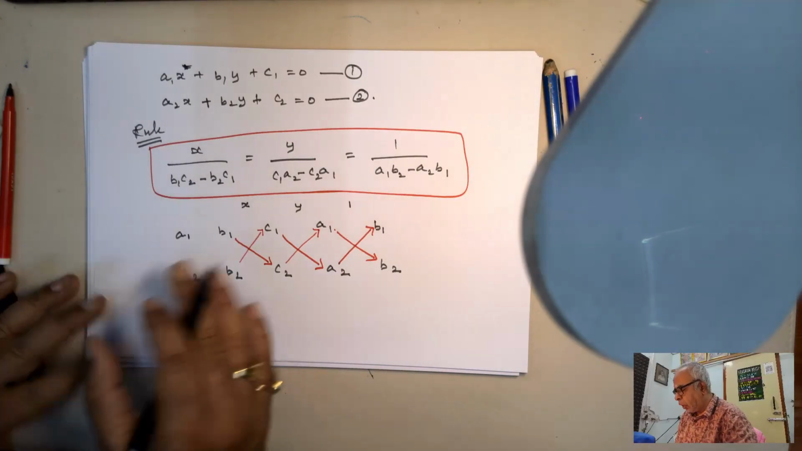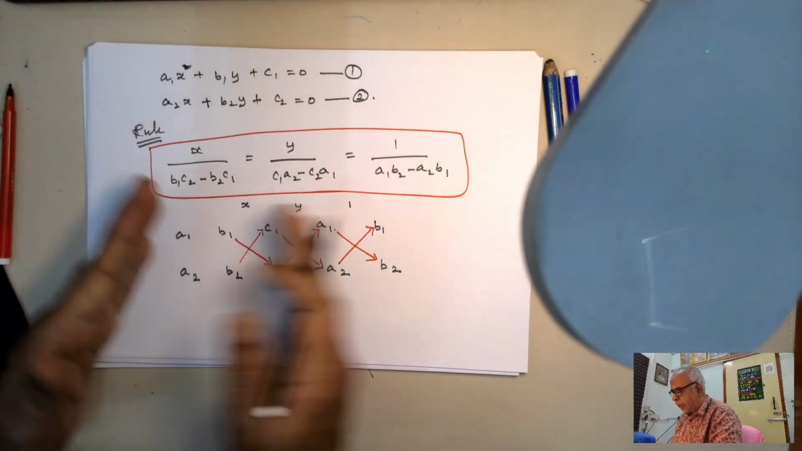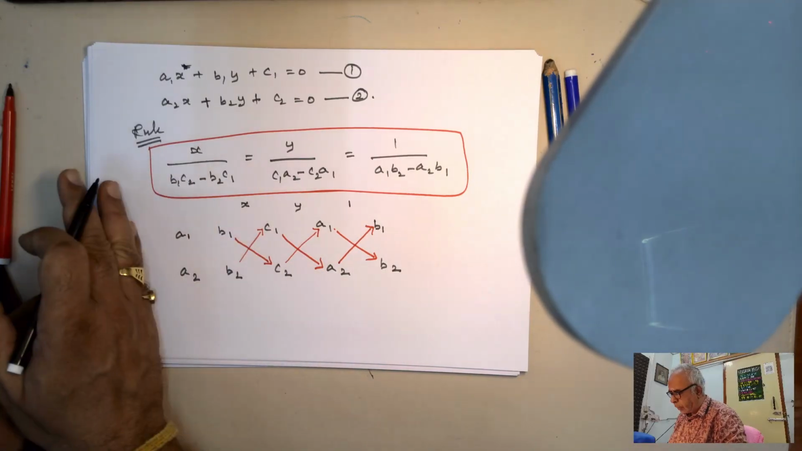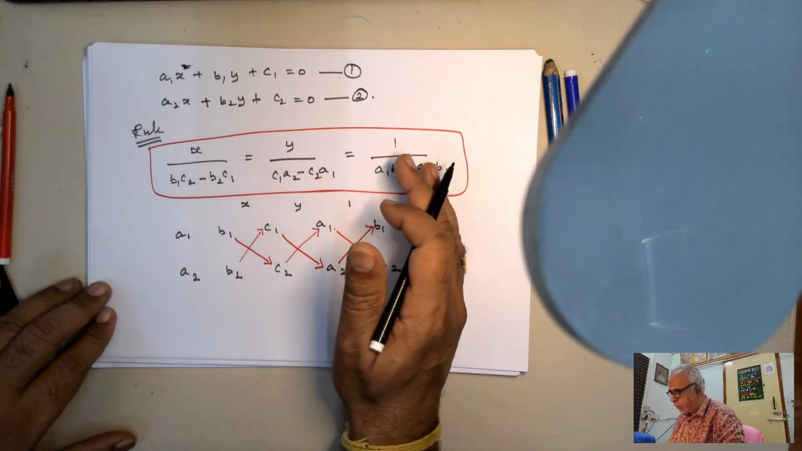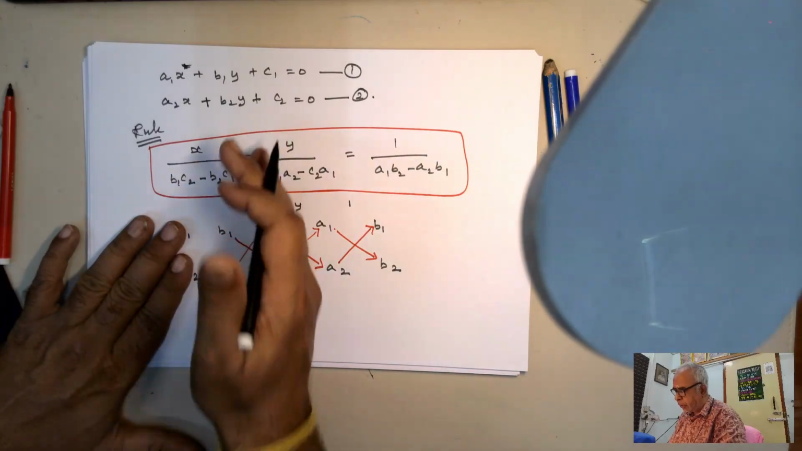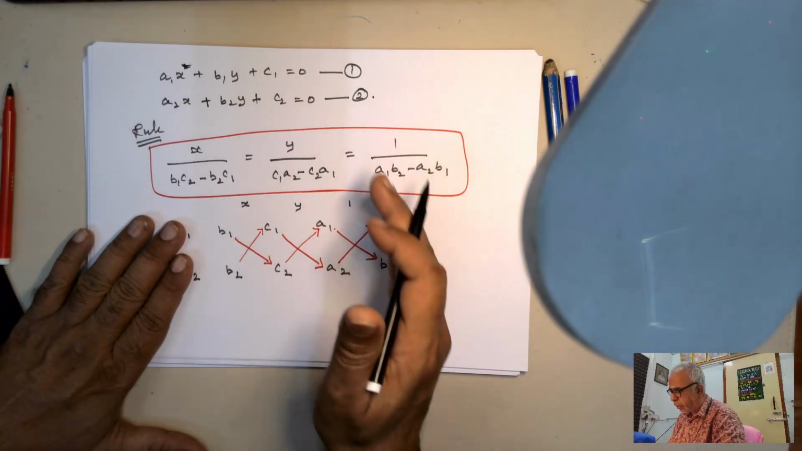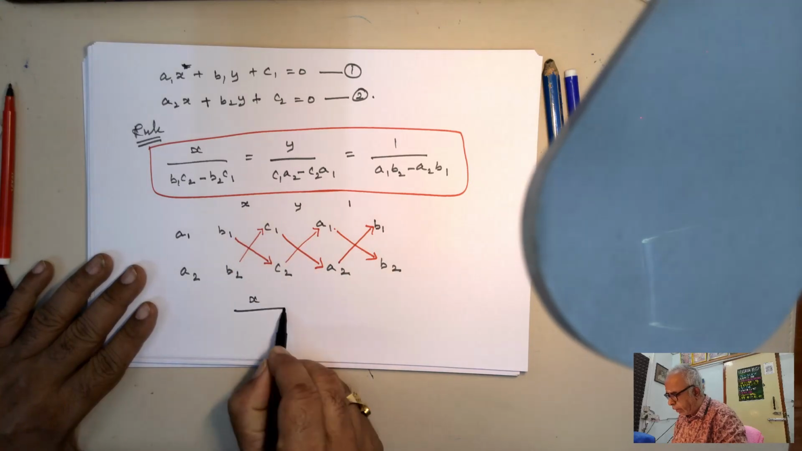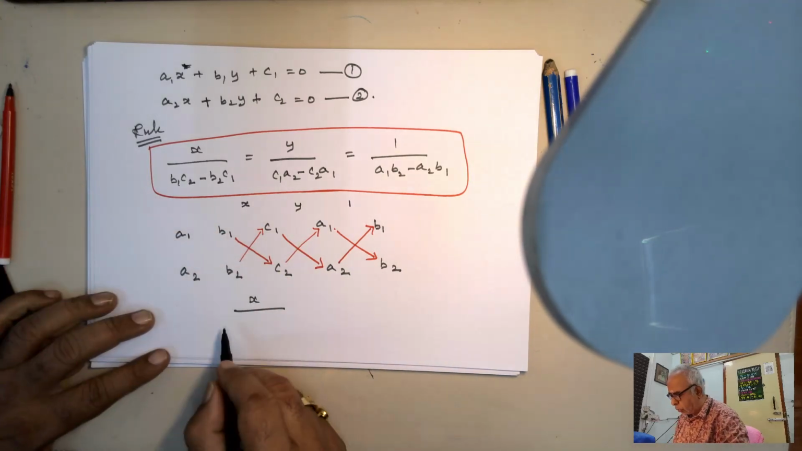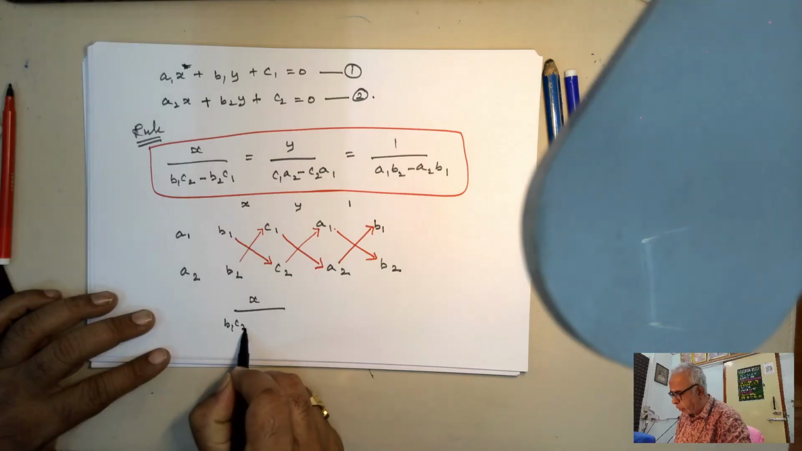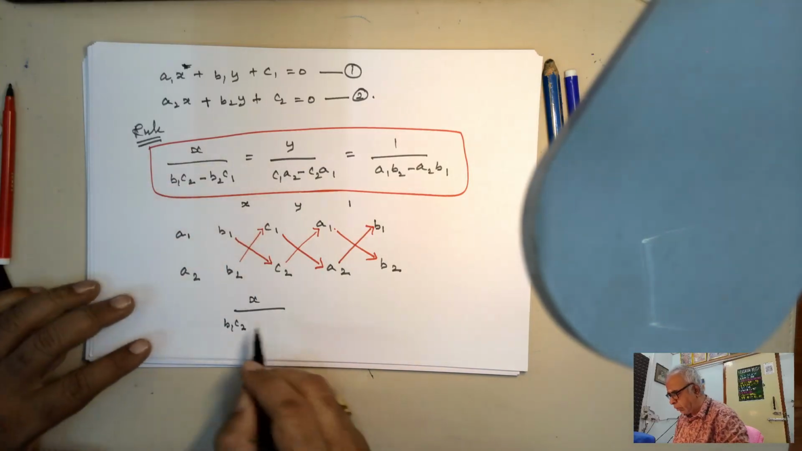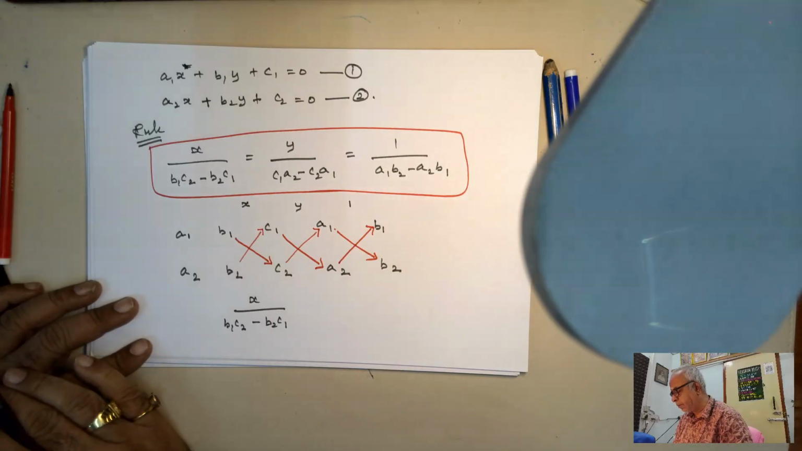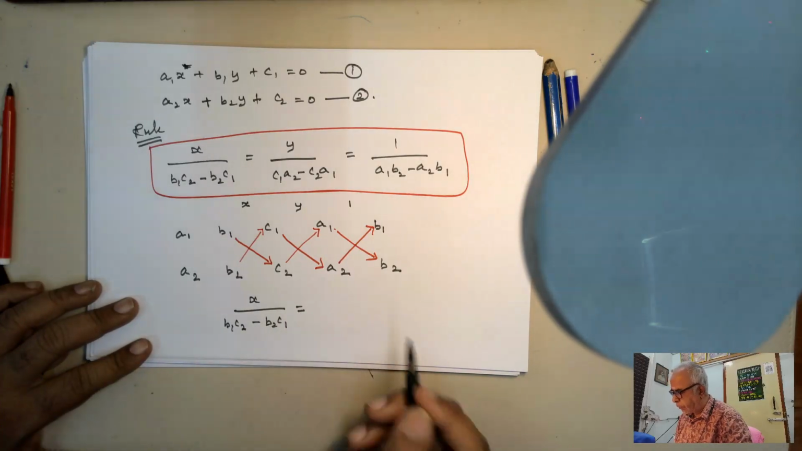Now we can rewrite this using this strategy. You can ignore the first part, start from the second part. So B1, B2, C1, C2, A1, A2. Again, you are repeating. Now X divided by B1 C2 minus B2 C1. Got this point? Is equal to